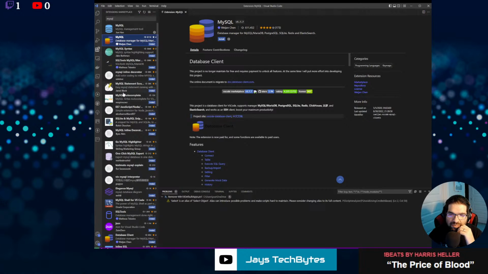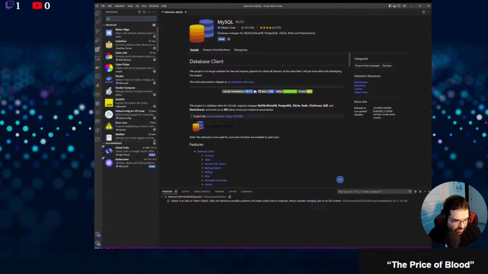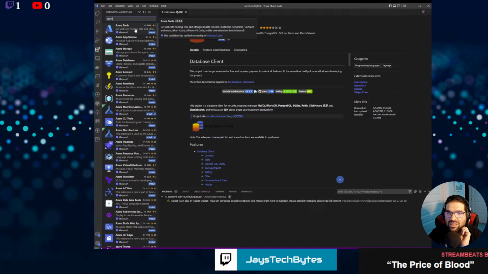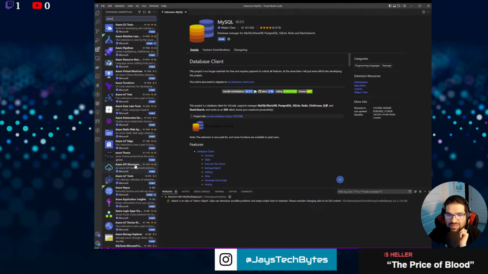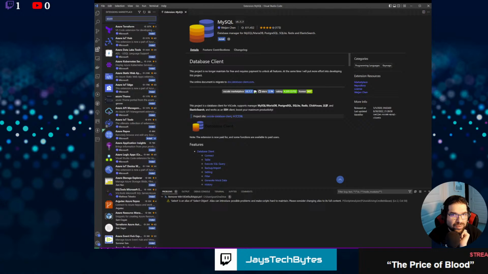There's multiple of them. Let's see. Azure. You can do Azure. You've got Azure tools here. You can get hosting data, SQL, Mongo, Docker container, serverless functions, Azure accounts, Azure functions, pipelines, virtual machines. It really becomes a very insurmountable amount of data in here. Let me see what else.